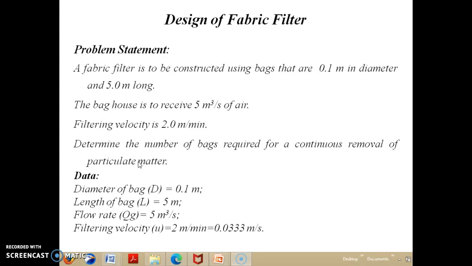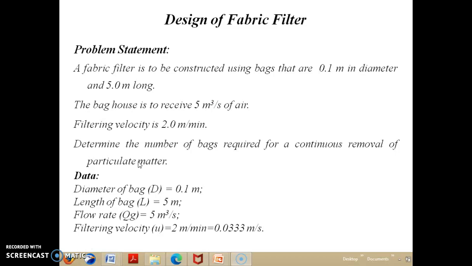So this fabric filter is being used for the operation where there is a large quantity of air pollutant in the form of particulate matter of different size emitted, and it needs to be trapped, it needs to be removed as a valuable product. So the objective of removing this particulate matter from the airflow is to recover this valuable product or to avoid any kind of pollution effect by discharging this air pollutant into the atmosphere.